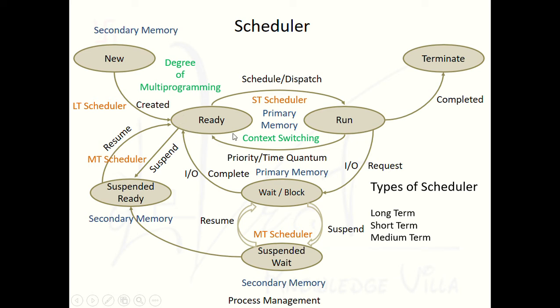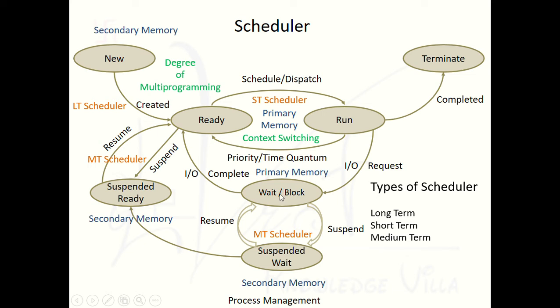Whenever primary memory is going to be full and there is no more space to store more processes in the ready state, as well as no more space to store them in the wait or block state, there is a need to pull some processes from primary memory to secondary memory. Get it? Because we have a lot of space inside the secondary memory. So from the ready state or from the wait or block state, whenever there is a lack of space in memory,